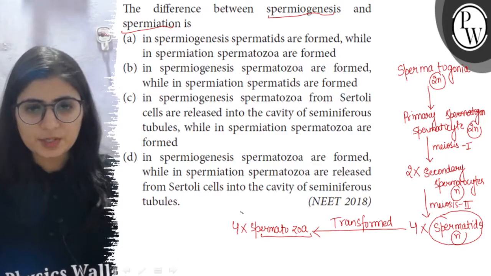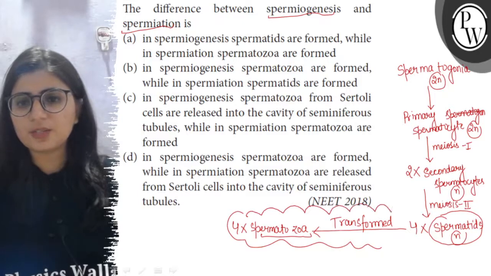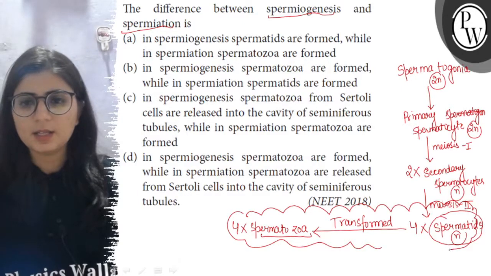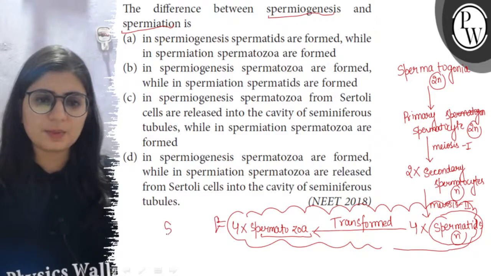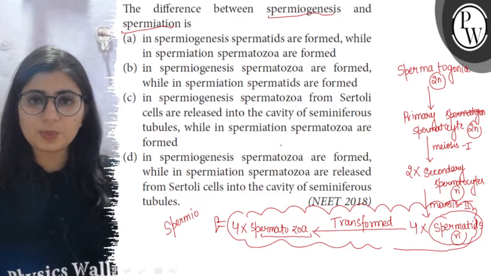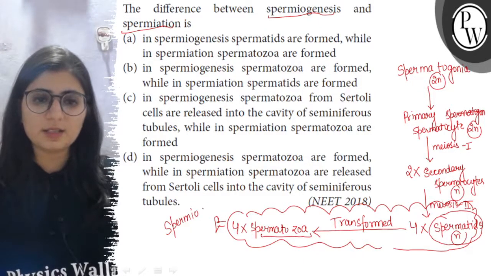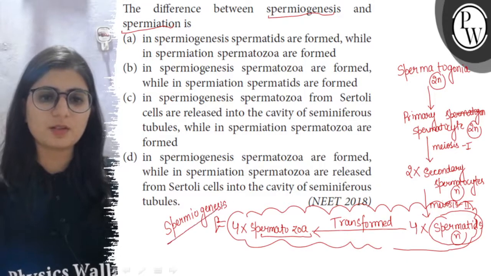And this process of transformation of spermatids into spermatozoa, only this process is known as spermiogenesis. The entire process is called spermatogenesis, but only this conversion of spermatids into the spermatozoa or sperms is called